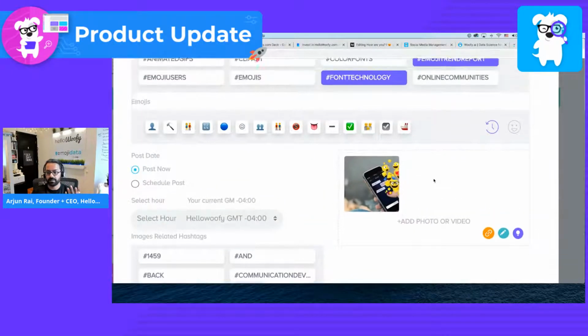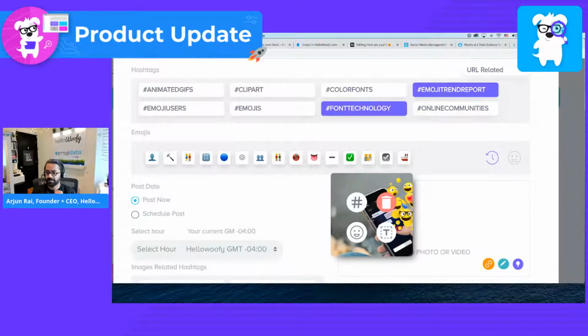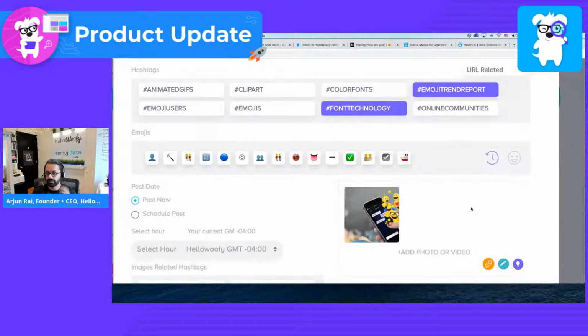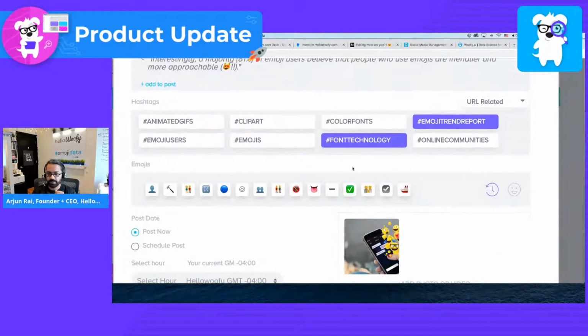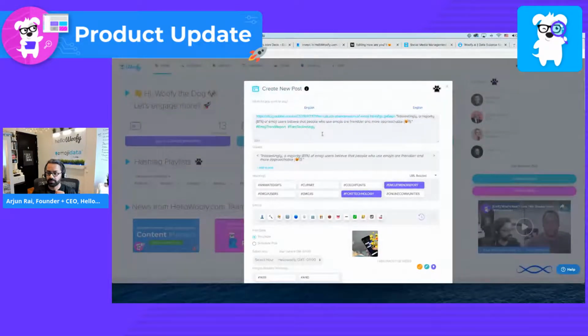One of the other requests coming from you guys, the customers, is the ability to see the entire image in a bigger view. Well, that's what we did. As soon as you hover, you have the ability to see a bigger version of the image. And then as soon as you hover away, it goes back to normal. These are all emojis being recommended based on all of the text in here that I've inputted through the URL.